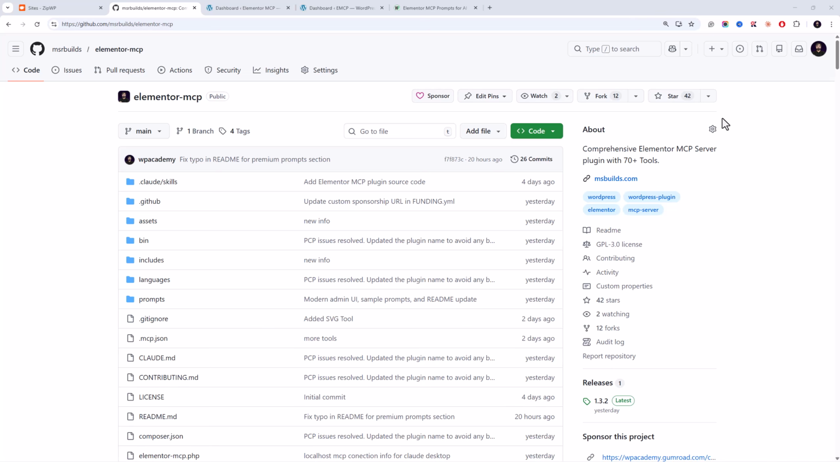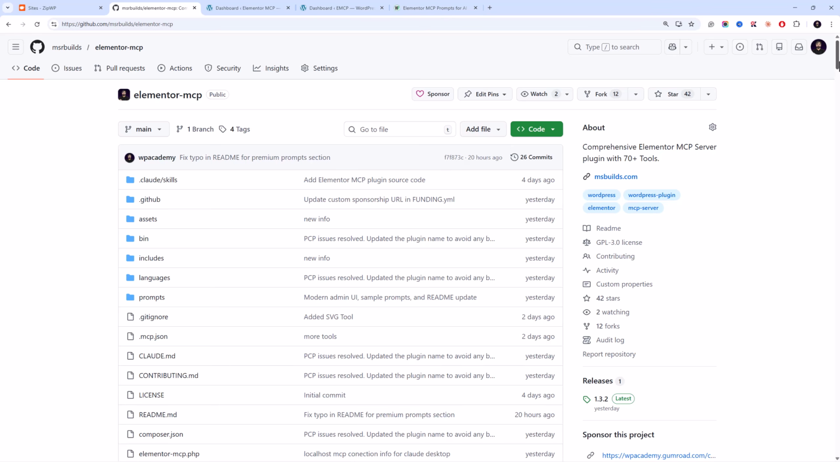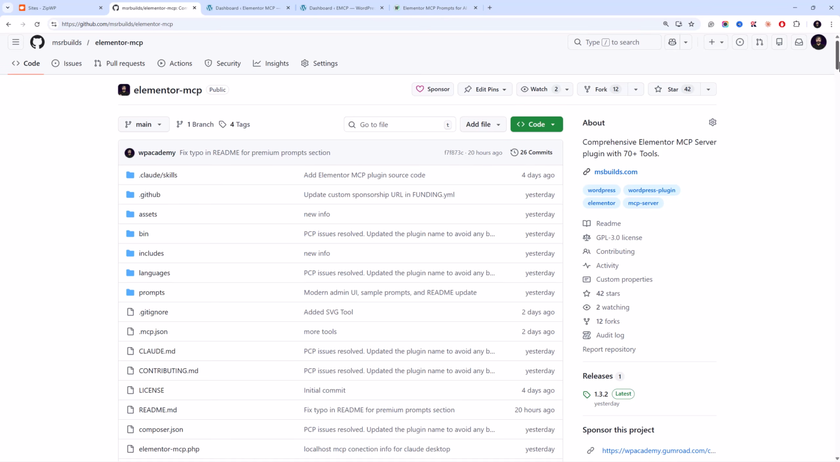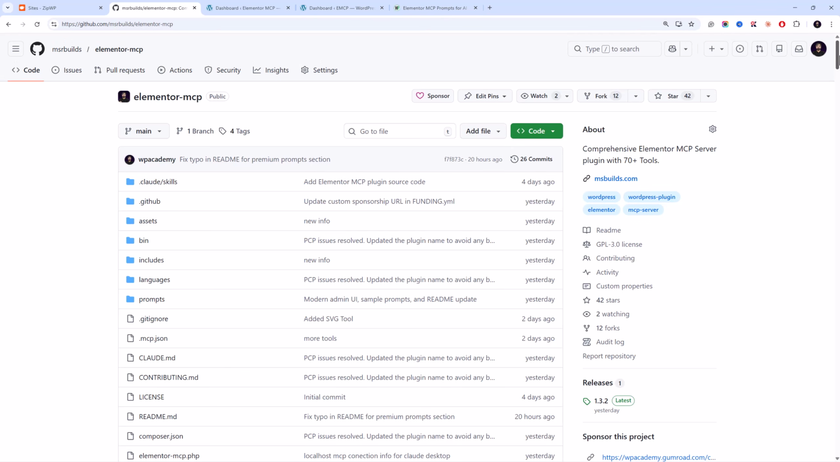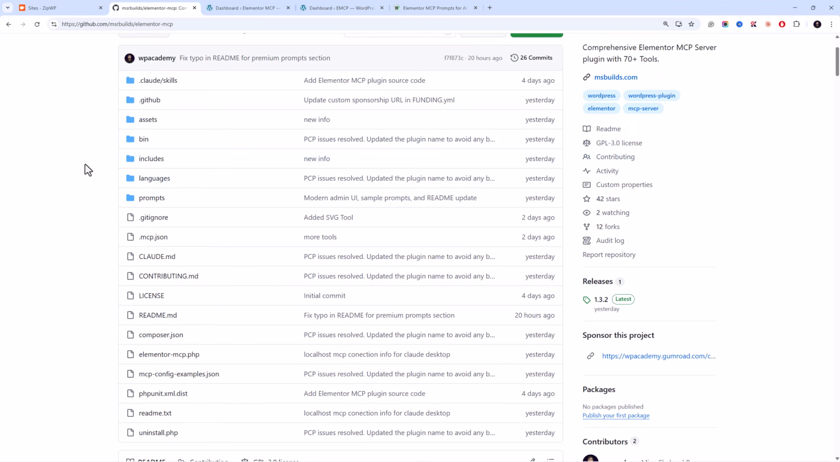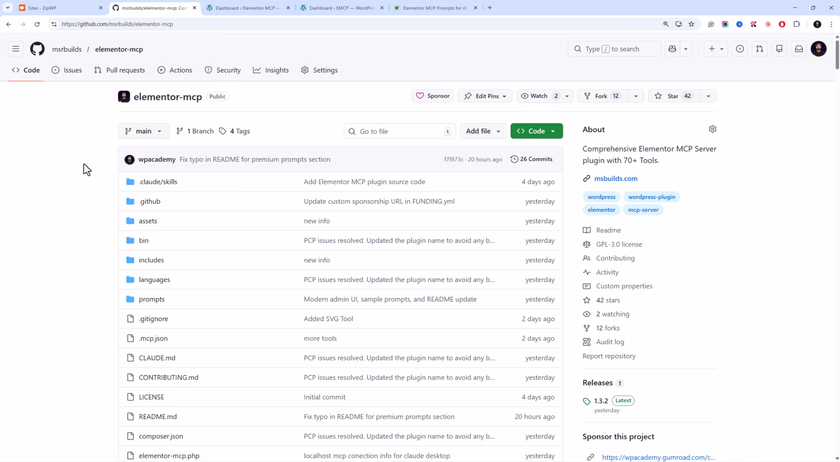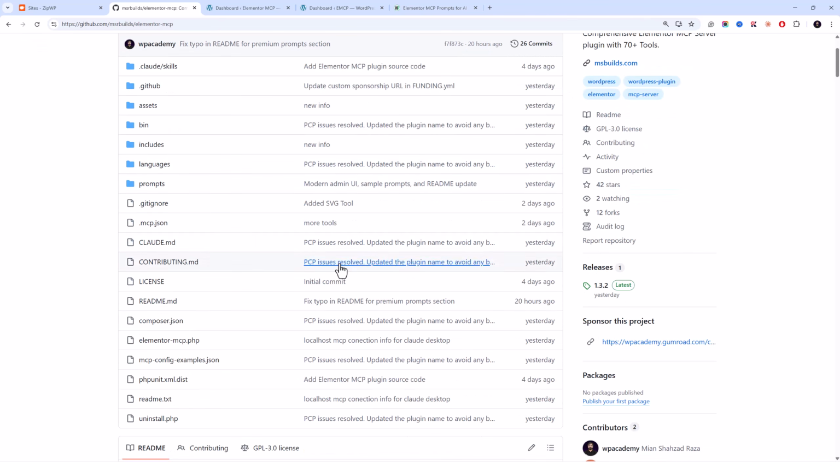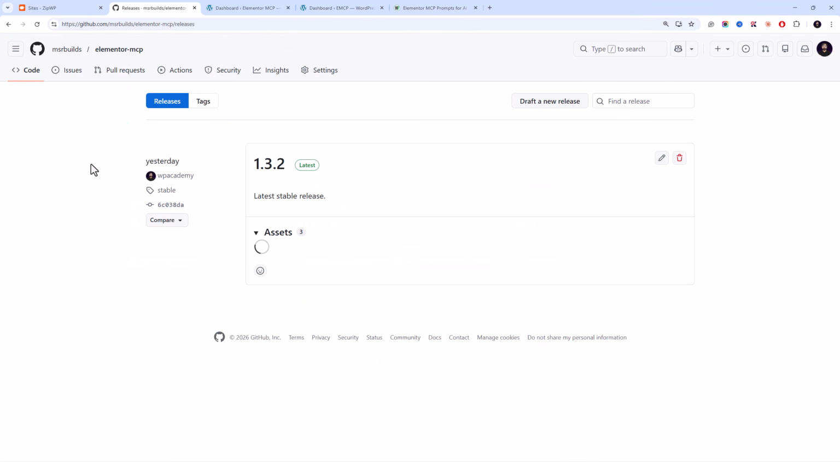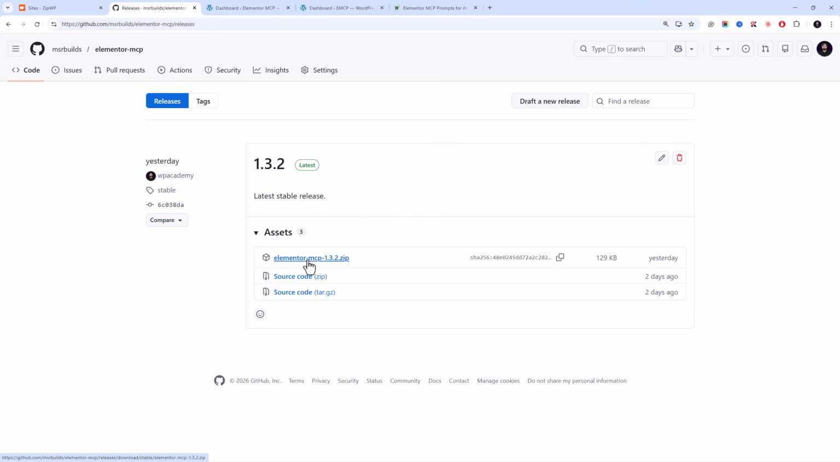First of all, this is a GitHub repository that you will be using for this tutorial, and I have provided the complete development version over here that you can fork and you can contribute to this project. And if you are a user, you can simply go to releases and download the latest version of the plugin. So first of all, let's navigate to the releases, and here you will find the plugin file. Just download it,